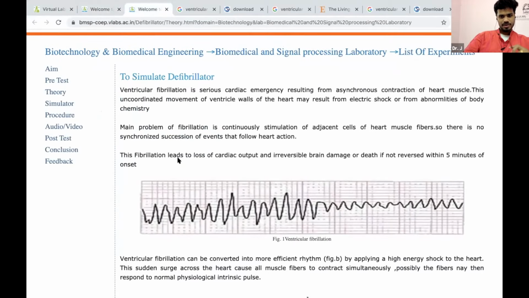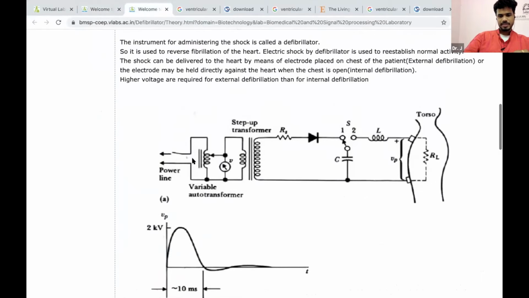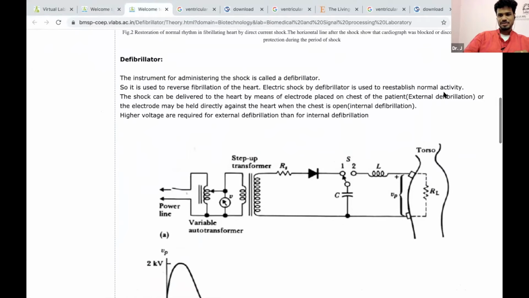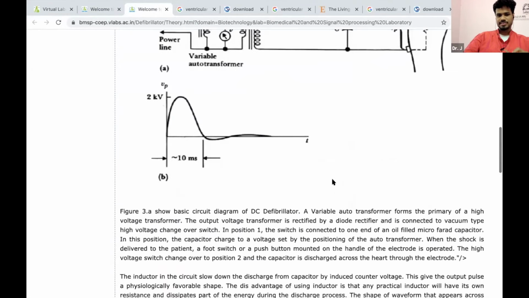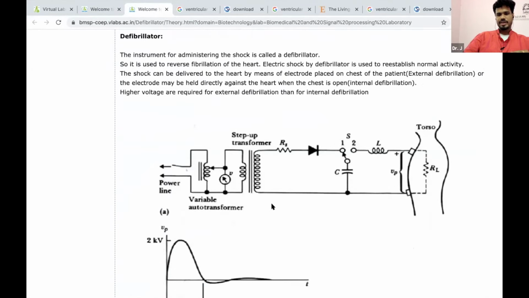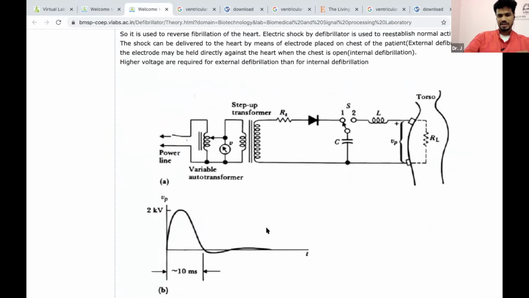Let's quickly look at this pacemaker. At the end of the day, you could easily build this in Multisim and see how much power you should apply, how it gets amplified, gets stored in a capacitor, and then delivered to the torso. Let's not get into a lot of details. Just go simulate this in Multisim and you can get better graphs.